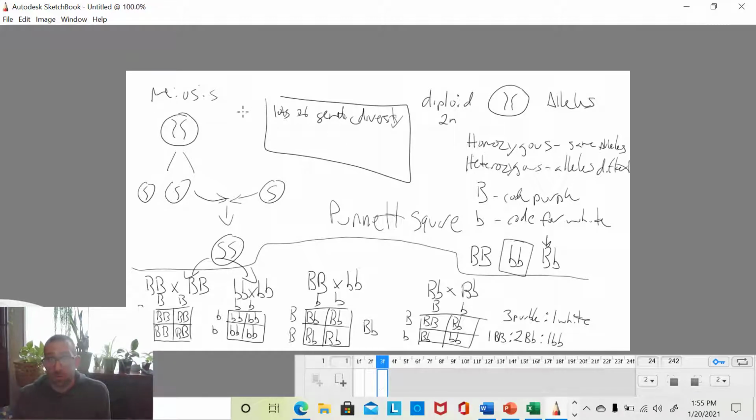So we start here in the wild, we may have lots of genetic diversity, and then cultivated, we'll have fewer, we'll just say less genetic diversity,